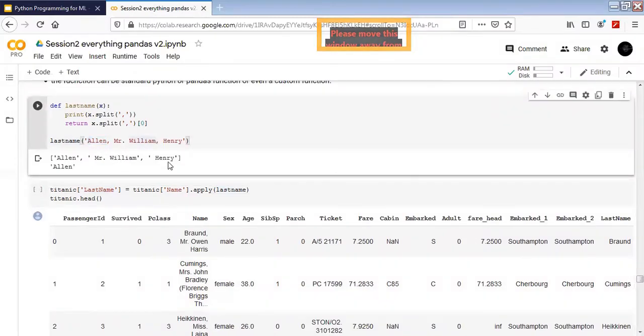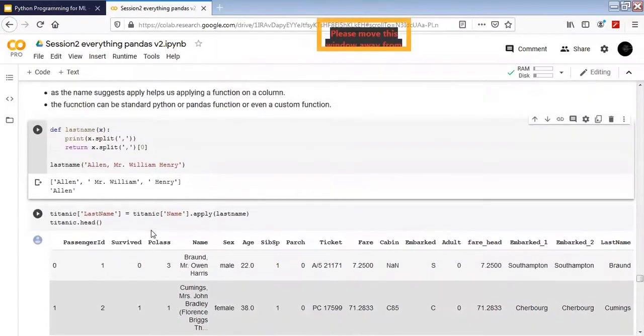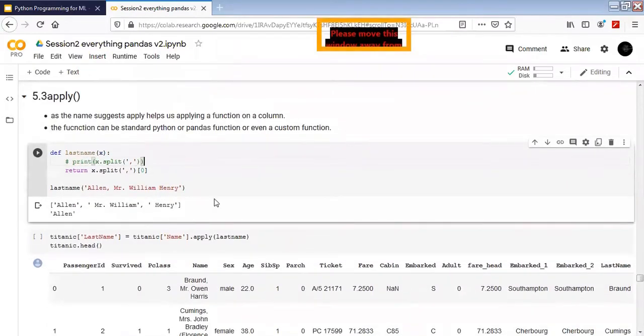This is the logic we have written. There is nothing fancy about it. This logic worked here, so that's why I did that. If there were more commas, you would have to think about the logic that you want to write in this function. That's our own prerogative, we have to decide what kind of logic we want to apply.